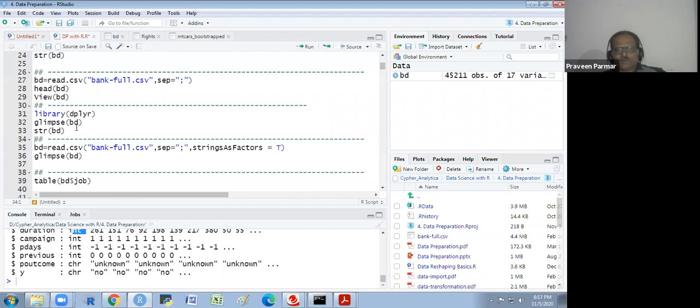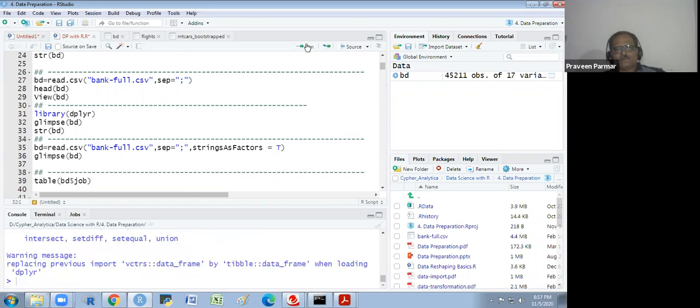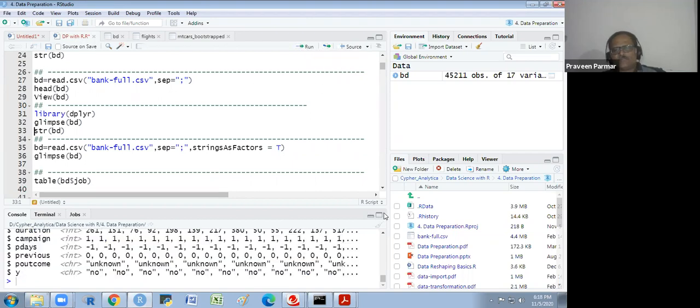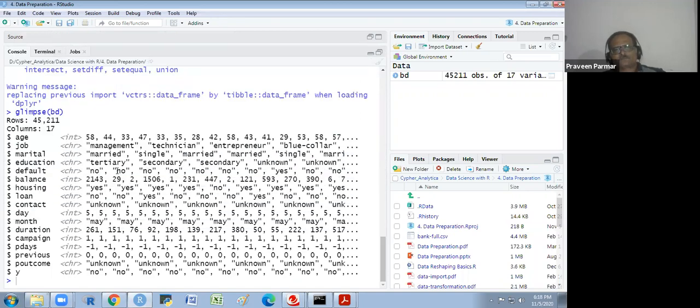And we have one more option for the structure with the library dplyr, which we use for data manipulation. The glimpse function also provides the same thing, but they are a little bit different in both. So you see, it is an integer, character, in a justified way. Both are providing us the same information as structure is providing, same as glimpse is providing. But I prefer the structure. In a few ways, the structure is better than glimpse.